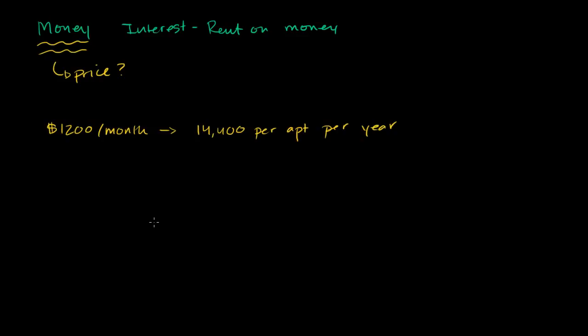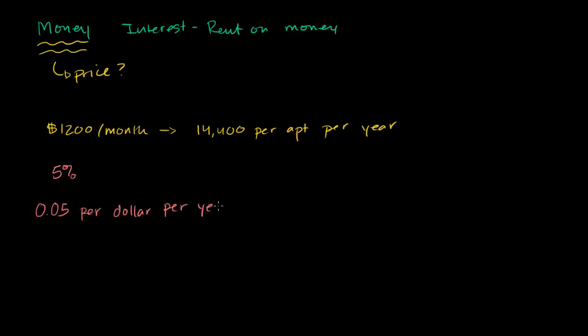Now, if I went to the bank and I said, hey, I want to borrow $10,000, maybe I want to buy a car or something, they would quote an interest rate. They would say, okay, interest rates are pretty low right now, you could borrow that at an interest rate of 5%. And to see that this is essentially the cost of renting money, we could view this as 5 cents per dollar